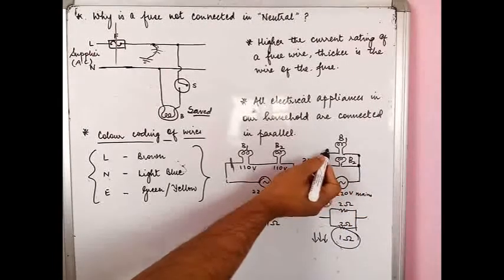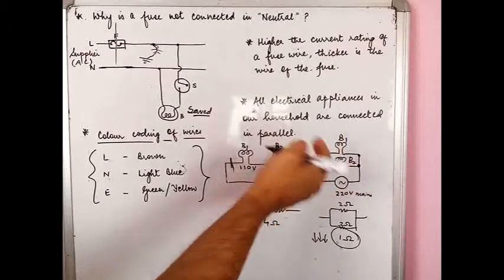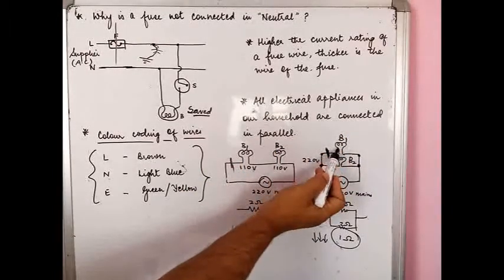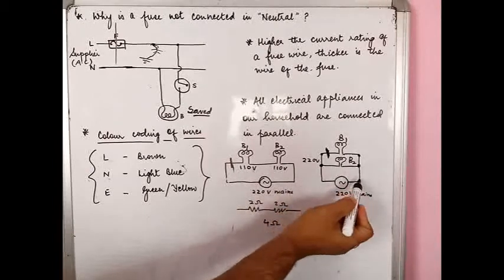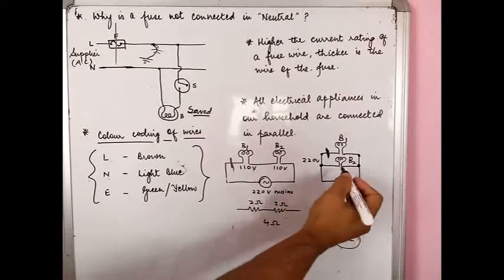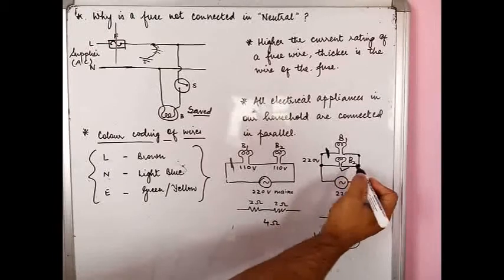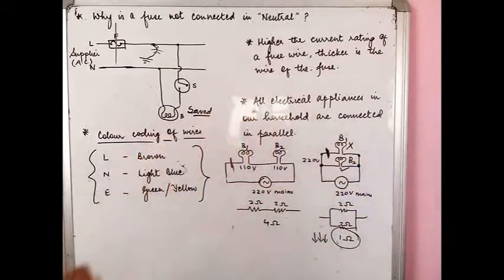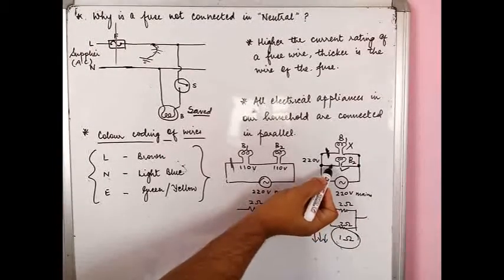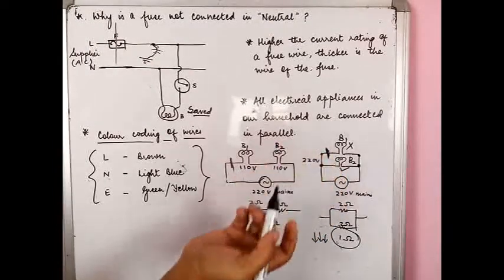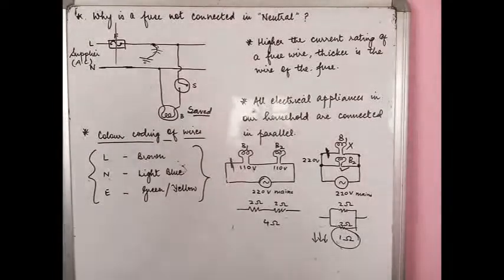Whereas if there is a disconnect over here, in parallel combination, only this bulb will not glow, because the current can always go through this bulb and complete the circuit like this. So this bulb B2 will glow, but the bulb B1 will not glow, because there is a disconnection here. Similarly, if there is a disconnection here, the bulb B2 will not glow and the bulb B1 can glow. Okay, so these are three very important reasons why we should always have electrical appliances in our households connected in parallel.